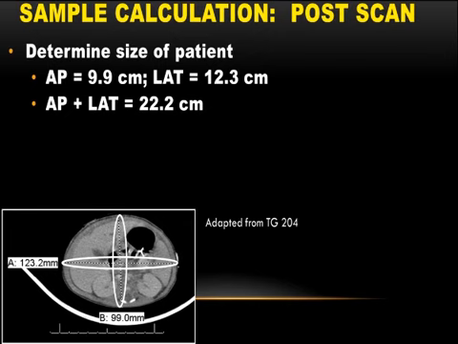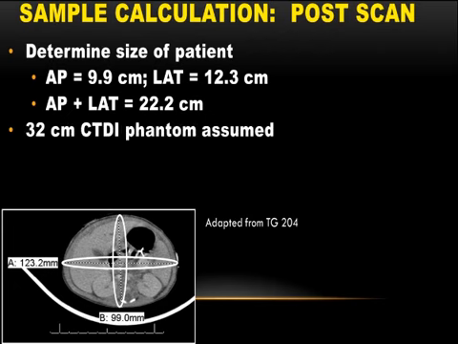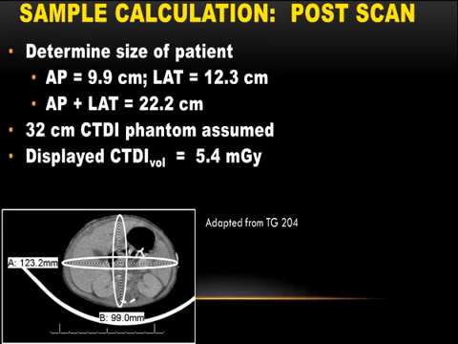Well, here my scan is finished. I know both my AP and my lateral dimension from the axial scan. I sum them and get 22.2 centimeters. My scanner used the 32 centimeter CTDI phantom to calculate CTDIvol, and it told me that the CTDIvol